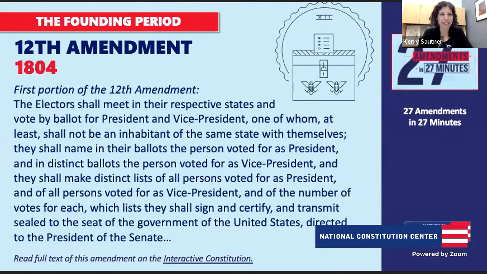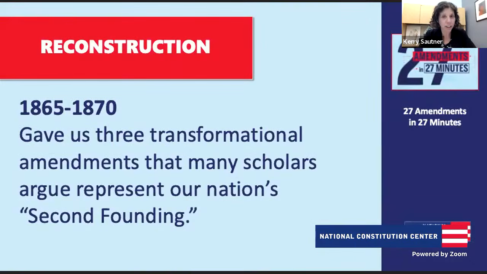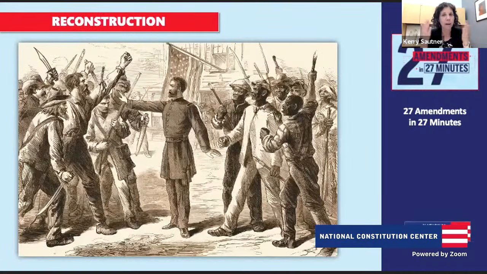Awesome. Always a fun storyline. Now we jump a little more than 60 years later to the Reconstruction time period. So, end of the Civil War. And this is where we see a shift in the federal government, and we see 3 amendments come out that rebalance the power in the Constitution for Congress and for the federal government to take action. So tell us a little bit about the Reconstruction time period. I love this lithograph that we can use to look at that moment, and then we'll dive into the 13th, 14th, and 15th Amendments.